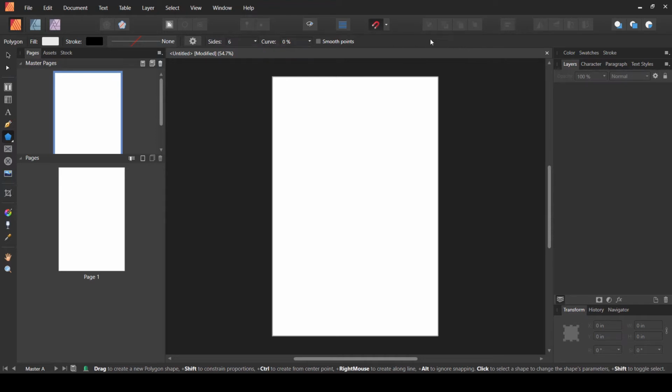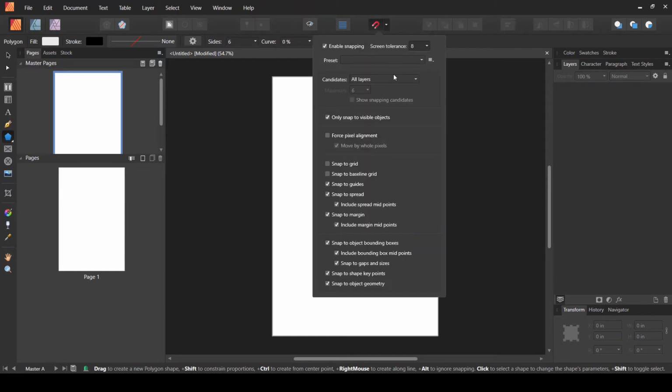Before I start creating those shapes, you need to have these snapping options, this magnet, clicked. You can also see which options I have selected and which I haven't, so you can take a screenshot of the video at this point to easily follow along with the options I have selected.